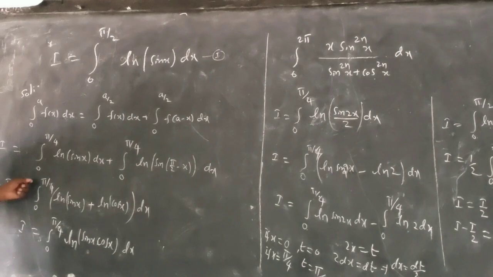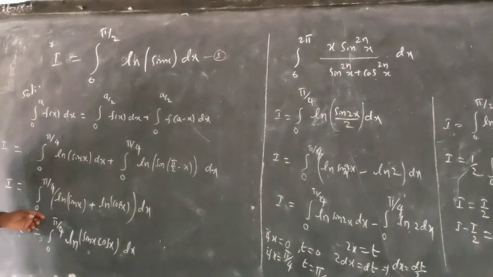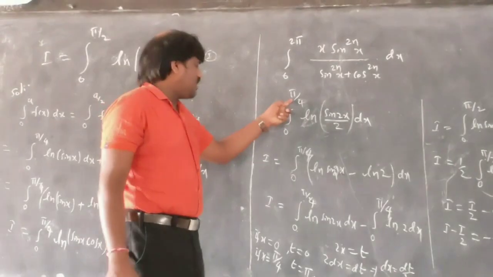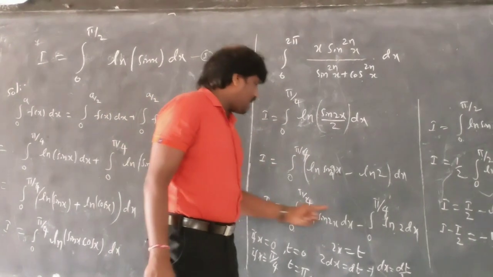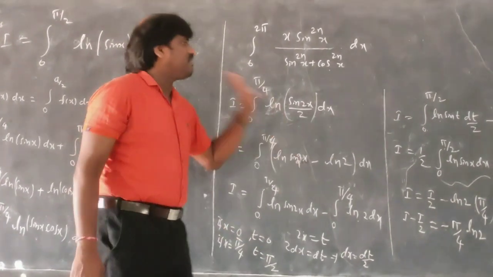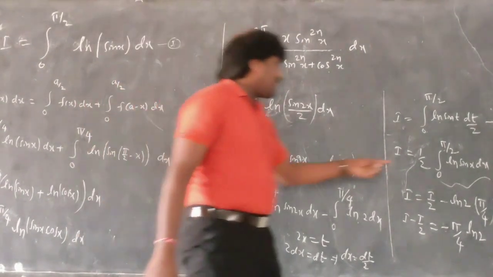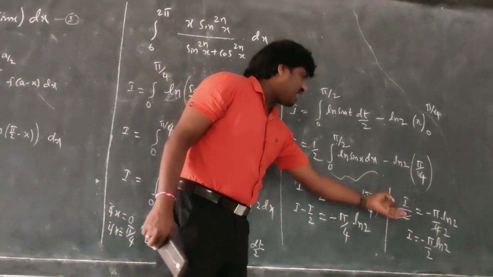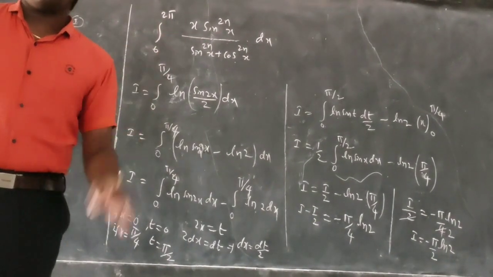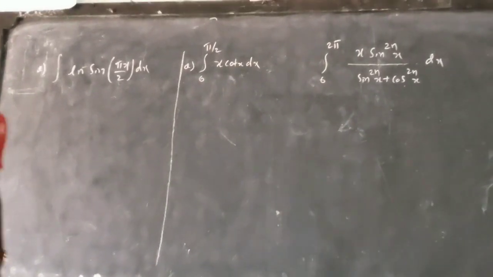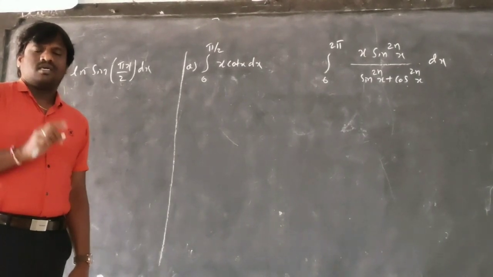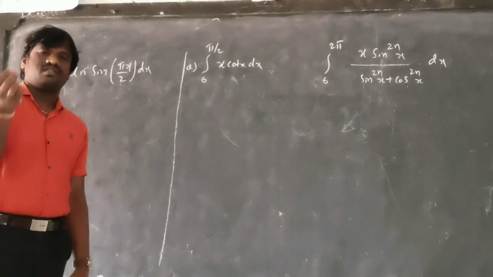The answer is not going to change anything, these steps are not going to change anything. Only this interval will change, this upper limit will change. And when I am taking the substitution method here, the upper limit will also change. Nothing else is going to change. So the answer you are going to get finally is minus pi by 2 ln 2. Hope you understand. This is very important. Remember it. According to the previous question, I told you to remember the formula. Minus pi by 2 ln 2 you got as the answer, right? Please watch again. This is a small mistake I have made, so I corrected it.